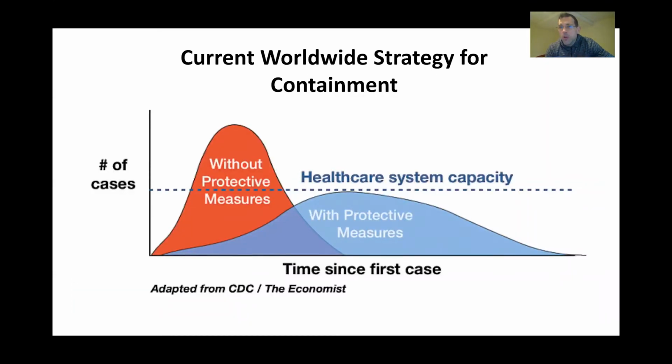So what is our current worldwide strategy for containment? Well, this virus is amazingly infective, and as such, we really don't think that it's possible to totally contain it. And because of that, what we've concentrated our efforts on is to slow the spread. So what this shows right here is without any protective measures, say no face mask, no social distancing, what would happen is you'd have this huge spike in cases,